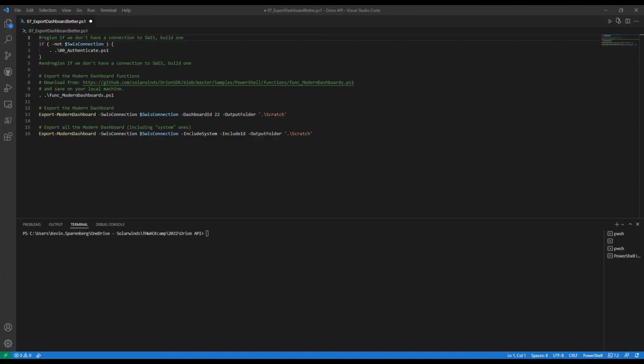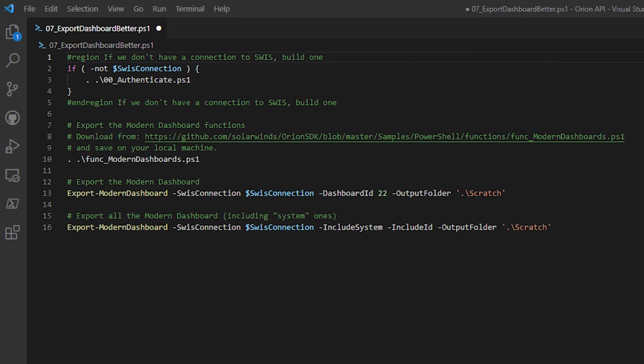Now, if I want to import or export these, same thing. In this case, we have this function we've built for you. You can just do export modern dashboard to the file system. What I like to be able to do, again, for backing up between systems, is you can give it an export modern dashboard and just say export everything to this particular folder, and it'll just dump all of them, including system ones if you send that parameter.